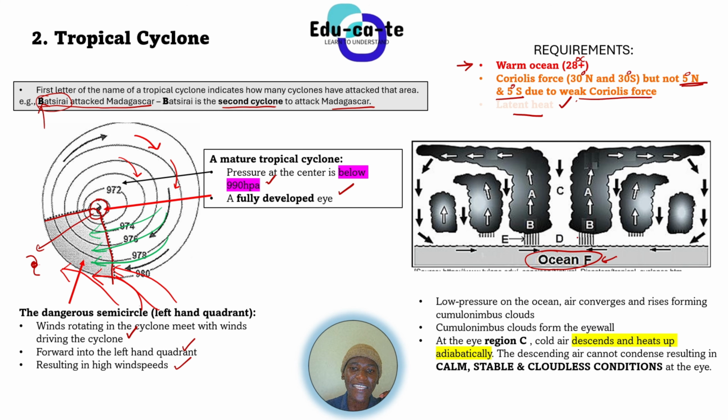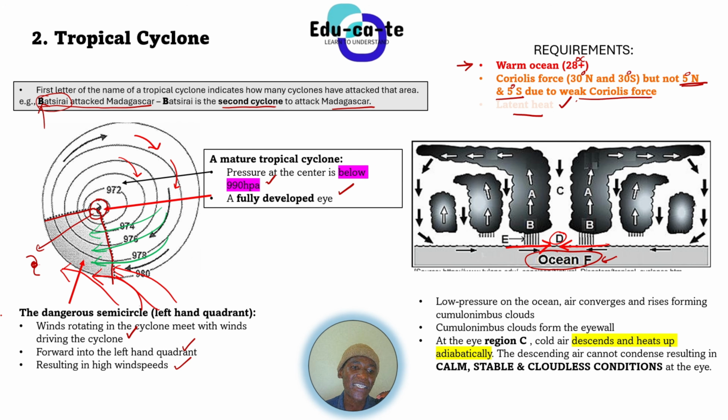So basically here at the ocean in the tropical cyclone, we need to know that there is a convergence of air. This simply means that we have got air that is coming from this side and air that is coming from the other side, and it meets here at the point D. So if they ask what is happening at D, you say that there's a convergence of warm, moist air. This air is actually coming from different high pressure cells and it converges at the low pressure center.